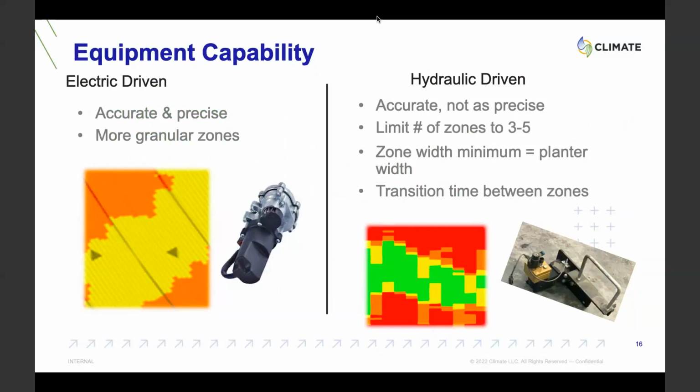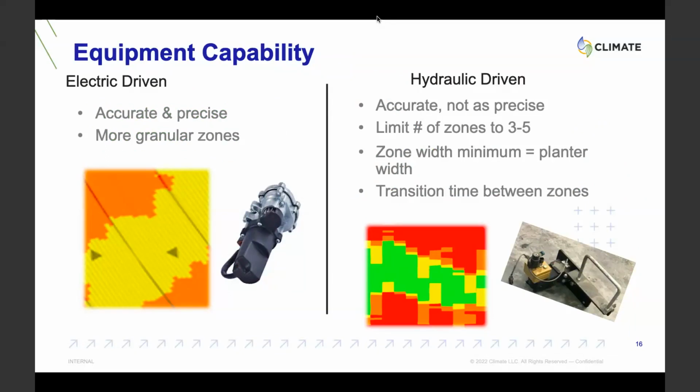A couple things to note when it comes to the equipment capabilities. When we're talking with planters and just sticking with the seeding side of this, if you have a planter that has an electric drive, such as Precision Planting's 20/20 or Precision Planting's eSet or vSet meters, once you start getting into the eSets where you have the electric drive, I know John Deere and a bunch of other companies have these. When you have the electric drive,